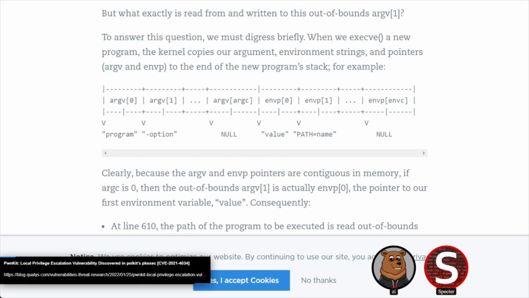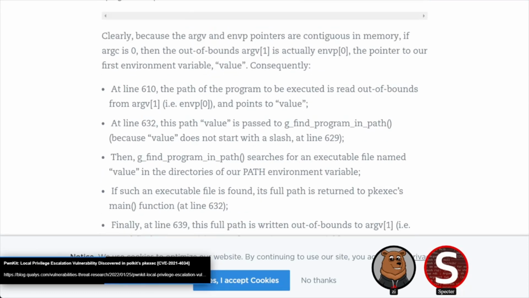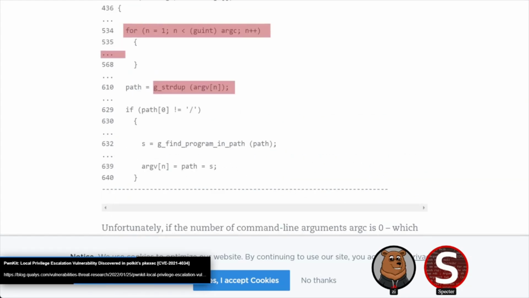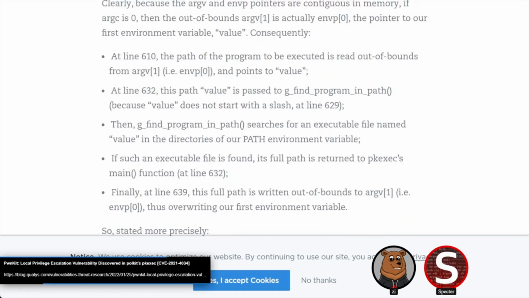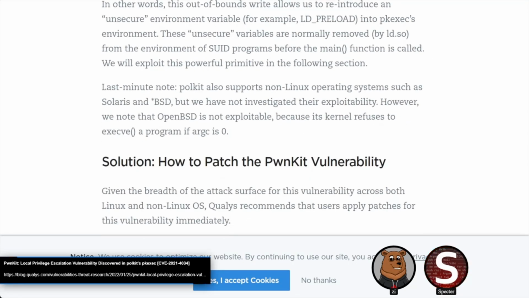And as we kind of hinted at earlier, it's existed for 12 years. So it's been around for a long time, and it would be interesting to know if this has been taken advantage of in attacks in the past, especially since it was a public bug. It wasn't really secret. It just wasn't known in that